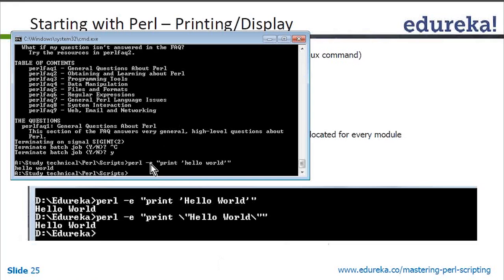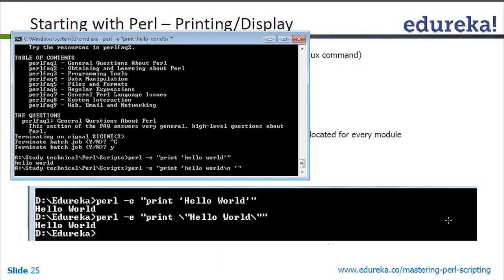Basically, you do perl -e, and in the double quotes you put the print command, and then in the single quotes the string you want to print. But there is a catch. The main reason we use single quotes is that it interprets everything as a string. There are special characters like \n for newline, tab, form feed, and the bell character. If you want to put a newline character, you will just see what will happen. It prints hello world